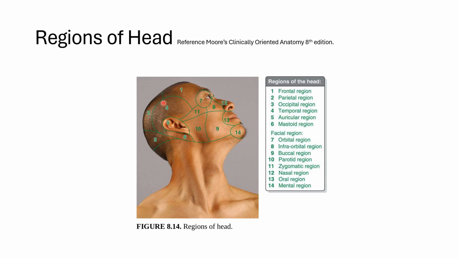Burr hole is made in this region. Burr hole, you need to know, the neurologist, if there is increased cranial pressure because of some fluid inside, or there is a bleeding inside, then after some accident, they will have to remove and release the pressure. So how do they release the pressure? By making a burr hole in this region at a very specific point. So that we will learn in subsequent slides. Now here you see the zygomatic region, then you see the nasal region, oral region. So like that, all the regions you need to see, and what lies beneath which region.